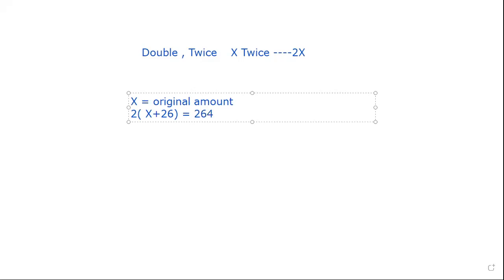Okay, then she notes that if she adds 26 to the original amount and then doubles the sum, for this reason we have to put the numbers in a parenthesis, double or twice the sum. So the sum you will keep in a parenthesis and then put 2 before it because they said double the sum. Then it will be a normal equation, x plus 26 equal 264 divided by how many? Divided by 2. Then x